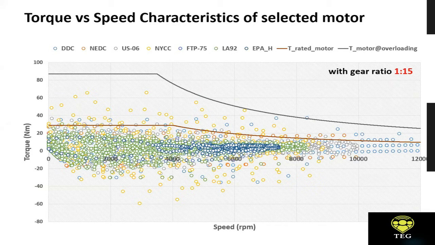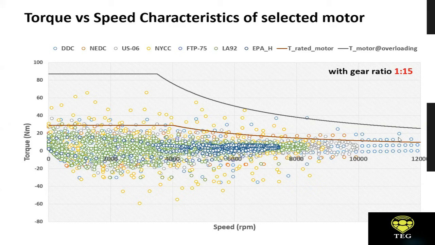So what we have done here is we have plotted a graph where on the x-axis I have the speed in RPM, and on the y-axis I have the torque. Okay, so I have a torque versus speed characteristics. Now I take one drive cycle. Let's say I take the Delhi drive cycle. So all the blue points which we have here on the plot, they show us the torque versus speed requirement for Tata Magic when it has to drive on Delhi drive cycle. So that is the idea of it. So this is what we have done here in this figure.